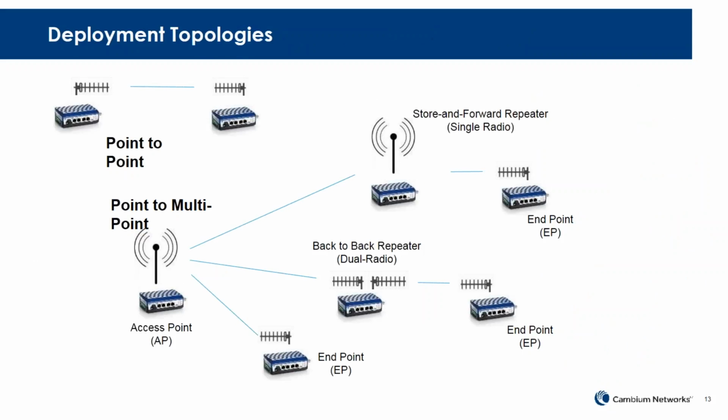Those sensors and actuators can be deployed in what we call point-to-point topology, or they can be deployed in point-to-multipoint. Point-to-point is simply connecting point A to point B, and in point-to-multipoint I'm connecting a hub. Think of the hub of a wheel out to many different spokes. So I have one-to-many, or point-to-multipoint.